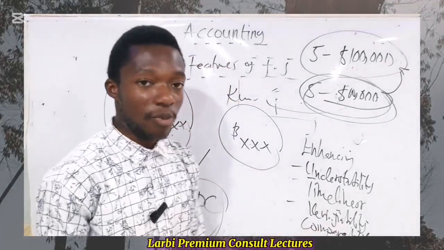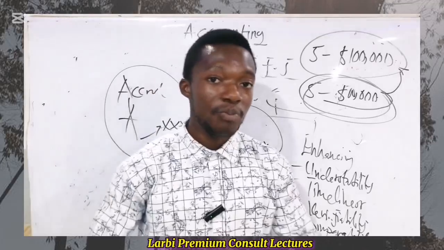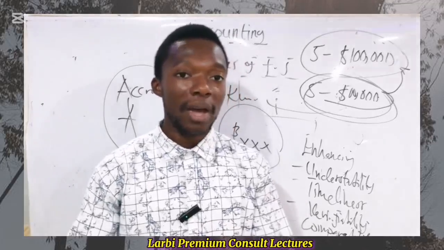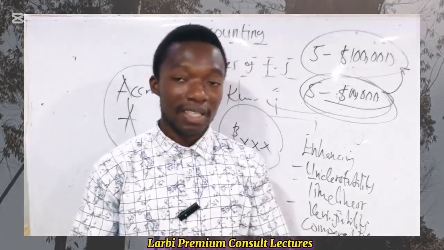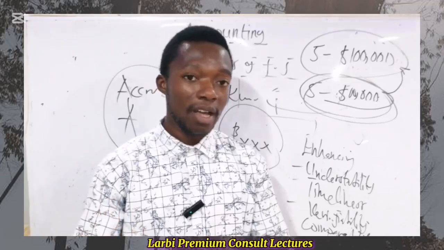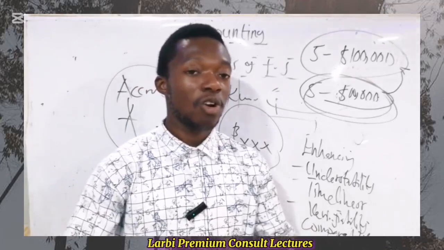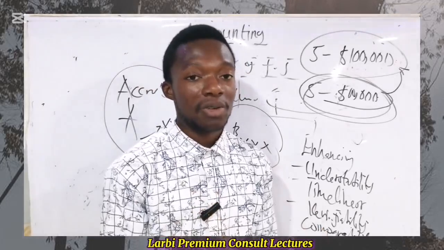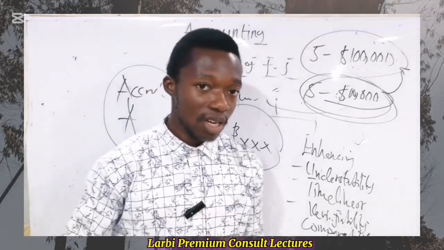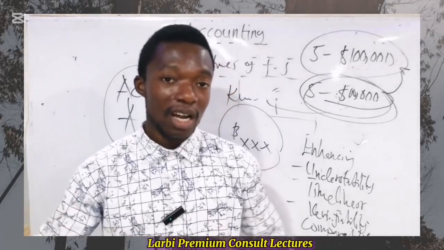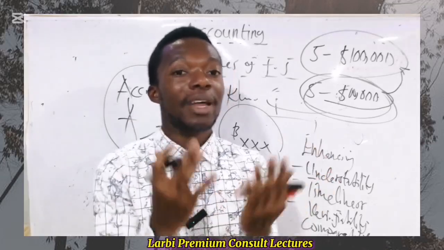And then lastly, comparability. This is where the financial statement should have the feature of being able to compare across companies or firms, and across time. So you should be able to compare company A against company B within the same industry, or compare the financial statement of a particular year to another year, say from the current year to the previous year. Because remember, when it comes to accounting information, they are all historical information.